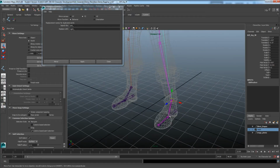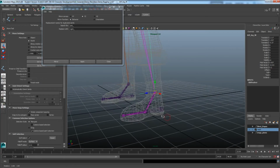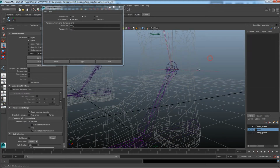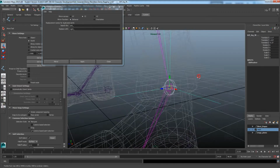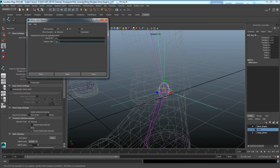Alright, so the first thing I want to do, now that I have the reverse lock joint put in place, is start connecting them. This part can get rather tricky, so pay attention to which parts are being selected, because there's 2 of them now. The larger radius one is the one that I have labeled as the reverse lock. I'm going to grab the reverse lock first, because this one's going to be the one in charge, and then hold shift and grab the ankle. So this will be the IK joint, and the reverse lock ankle will control the IK. So now that I have both those selected, that was the parent first and then the child,